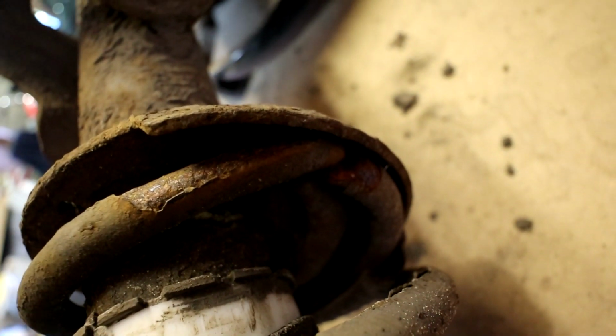There, that's where it's snapped. If you can see that, right there, you can see where it's snapped. So we're going to obviously get the spring off, but before we do that we're going to try and get